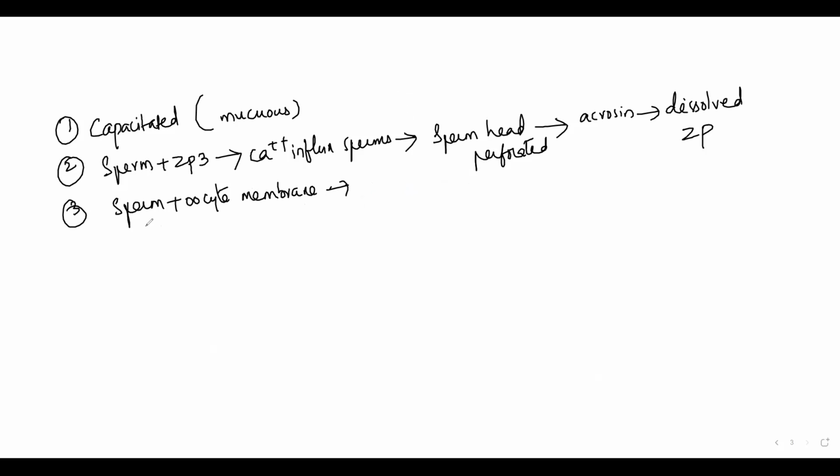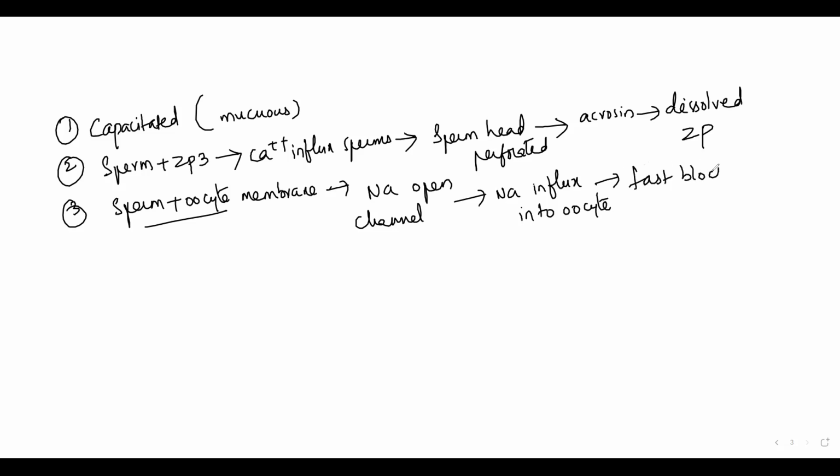So the sperm along with the oocyte membrane, when they have joined together, the sodium channels open, right? The sodium channels on the oocyte membrane are open. There will be sodium influx into the oocyte, right? And this will lead to the fast block to the polyspermy, and later the male pronuclei is being released into the oocyte, and later the smooth endoplasmic reticulum is releasing the calcium, and this release of